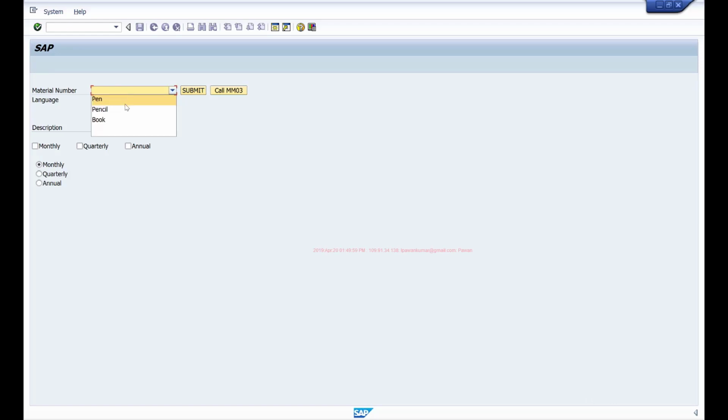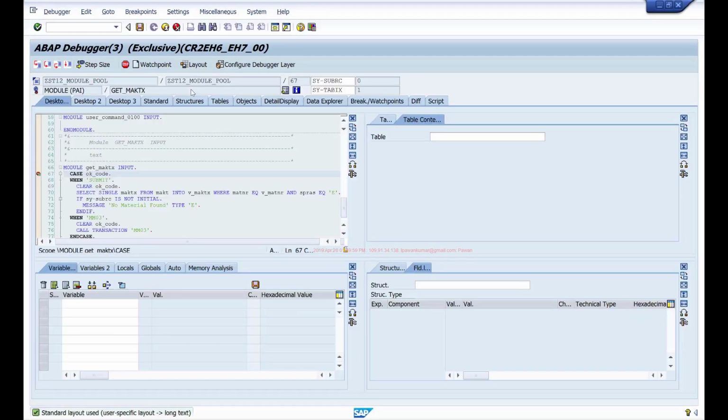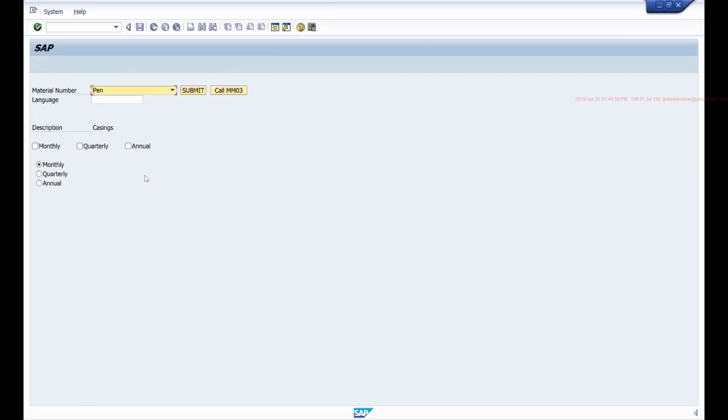However, if I select a value and click submit, then it is calling that module. So when you use on input, it will call this module as long as the field is not empty. But if the field is empty, then it will not call the code in that module because it doesn't make sense executing the select if the user has not entered any material number, right?